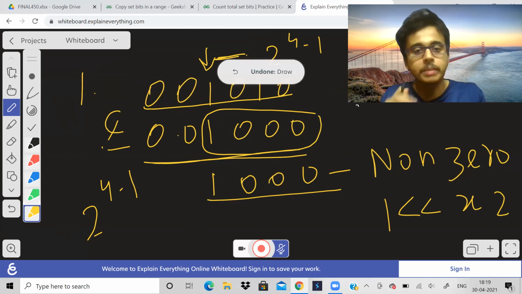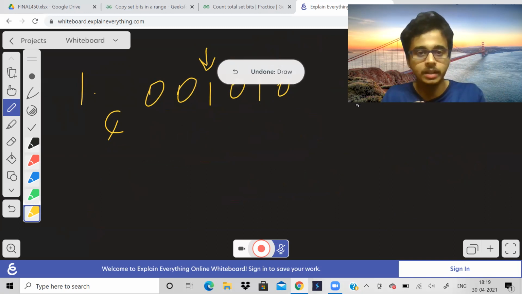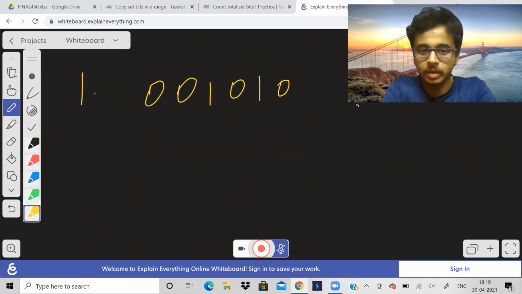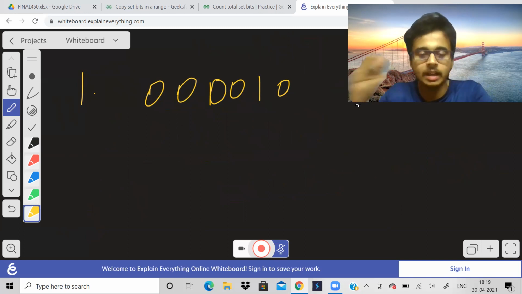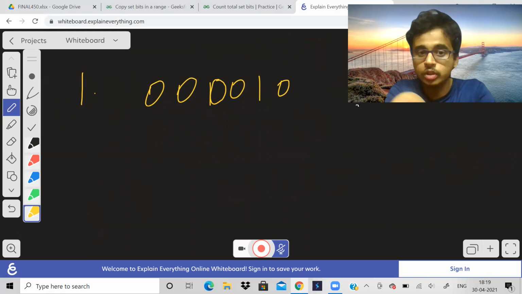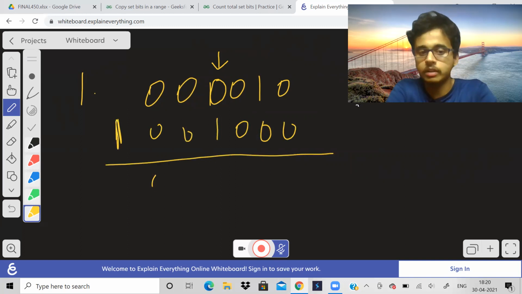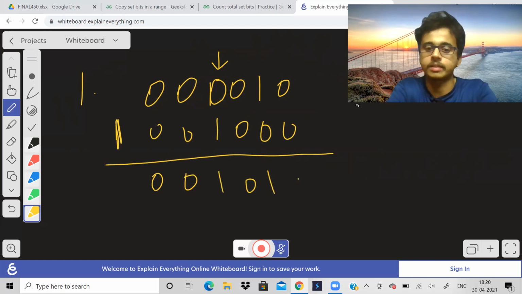And once you know the bit is set, how to set a bit in another number? Let us take the other number over here as this. Let us say another number we are taking, and I want to set this bit to 1. So what will I do? I will do OR operation with this number. I will do bitwise OR. See, when I do bitwise OR, what happens? This happens. So now this bit is set.